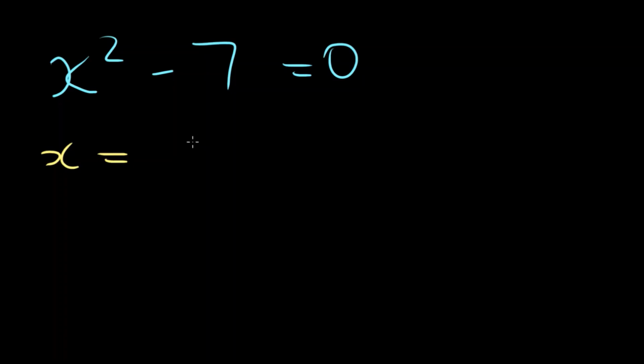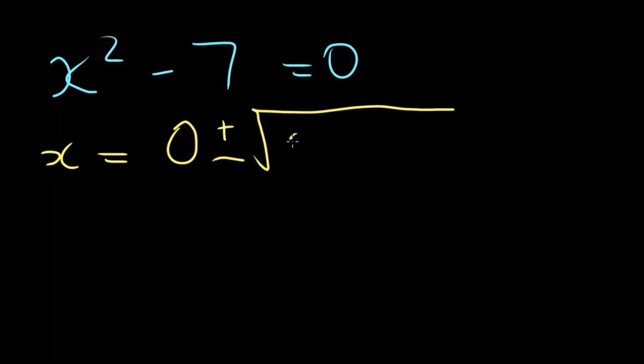How about, what if we didn't have all of a, b, and c? We just had 2 of them, which is valid. So we had, say, x squared minus 7 equals 0. We could solve this another way, but let's just use the formula. x equals minus b. Now, is there a b? There isn't, is there? Because the b is the x term. So it'll be 0, won't it? So minus b is still 0. 0 plus or minus